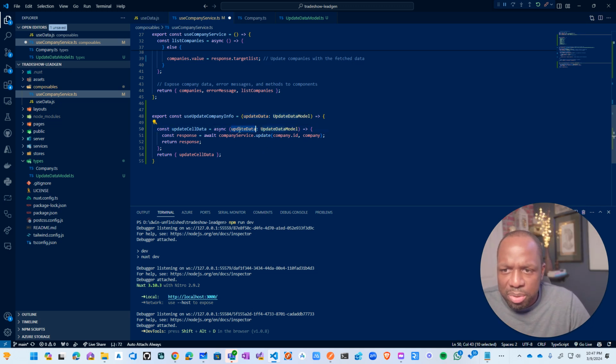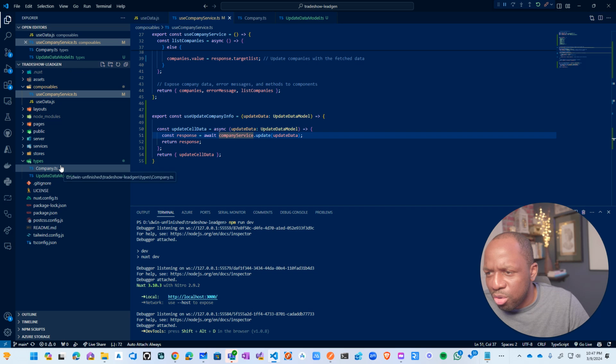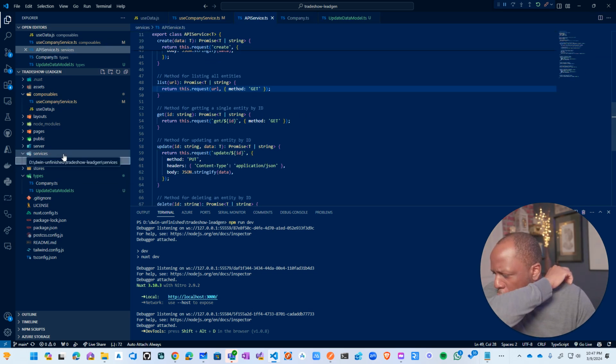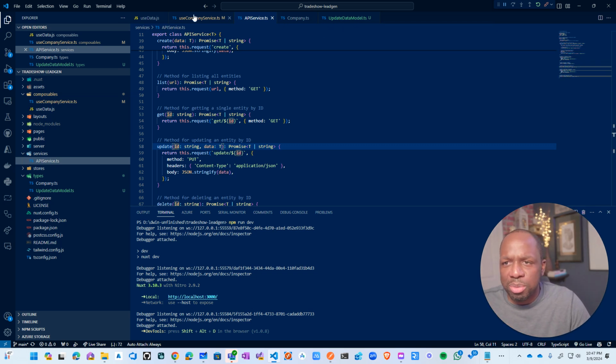On the update, we're gonna pass in this, and if I press F12, this should, I don't know if it's gonna jump me to, no. So company service, F12. That doesn't matter. So we go back to services, and on our update, this is taking an ID with data. You know what? I might still do this. Yeah, let me pass in the ID. So the ID in this particular case will be